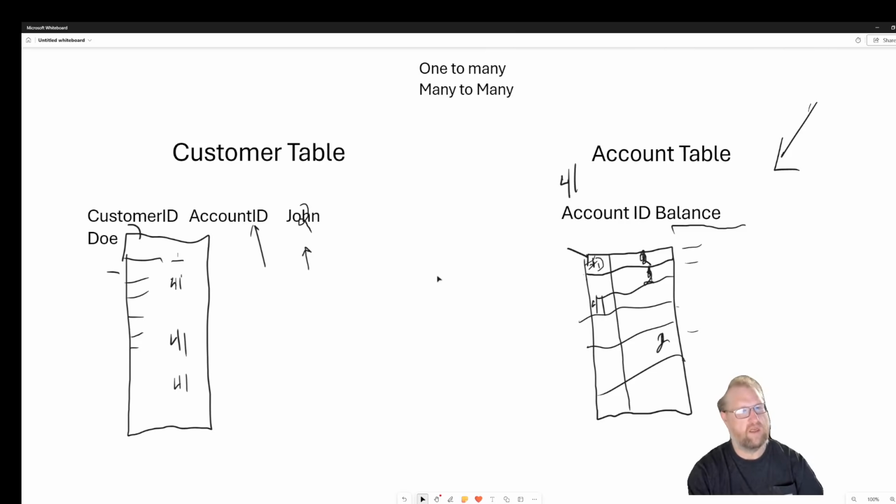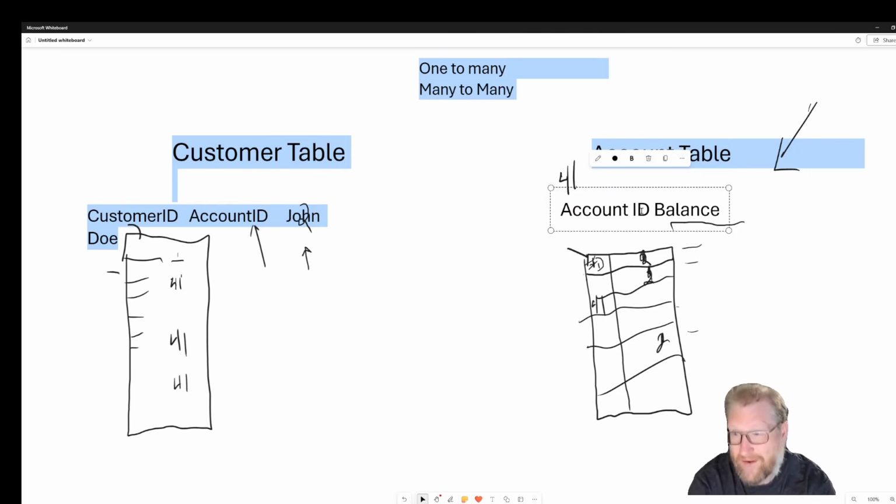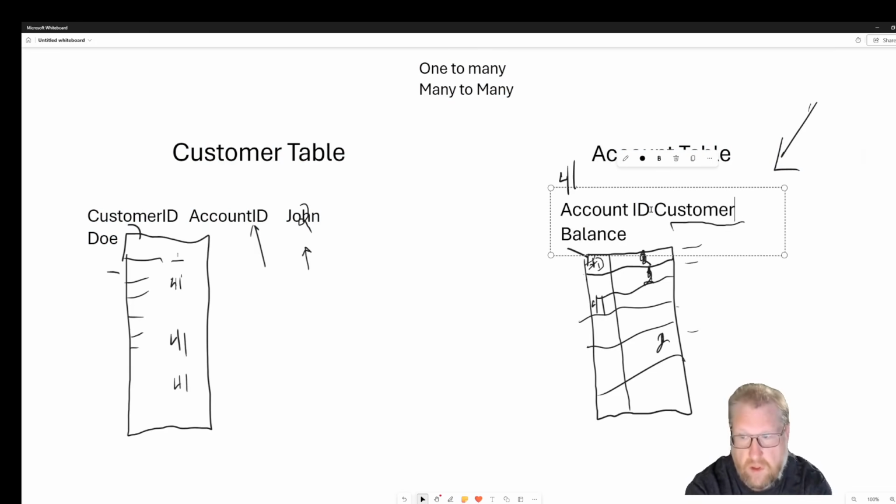The foreign key is what allows the many. So if I want a many-to-many relationship, what you do is you have a foreign key over here, customer ID. So you have two tables that share